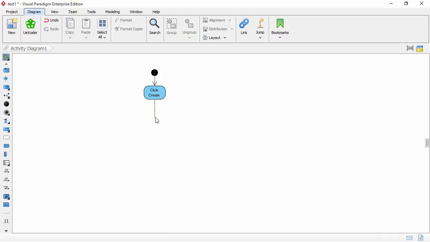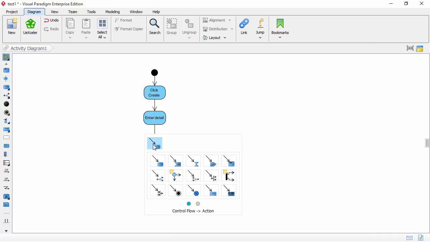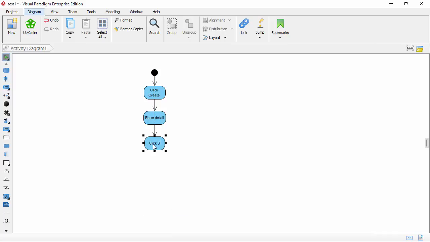And then I can go to the next action, which is to enter detail. And then I continue to the click save. Things like that. And then finally it is the end, which is the final node. So easy. By the way, we suggest to draw the activity diagram in vertical